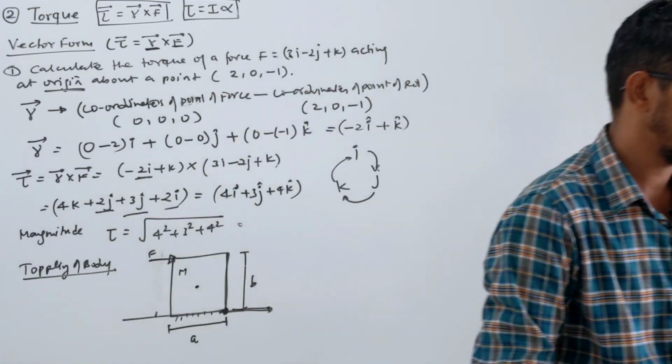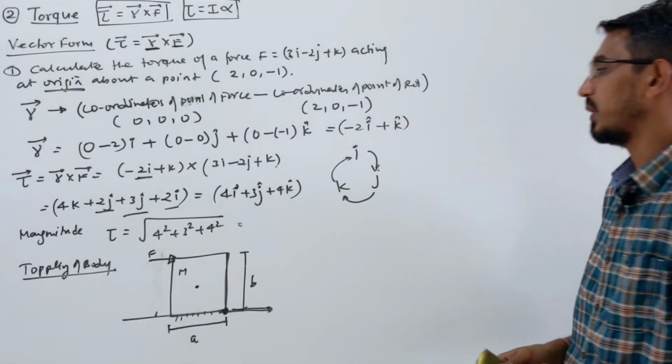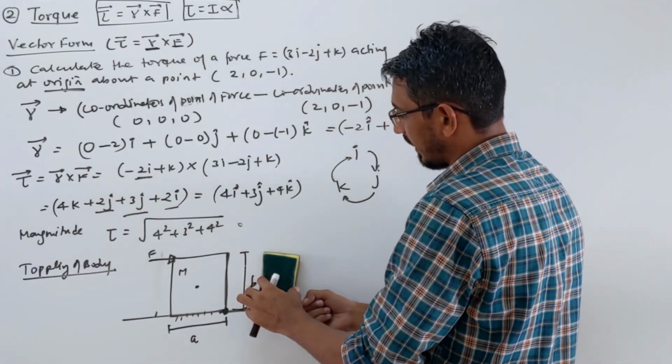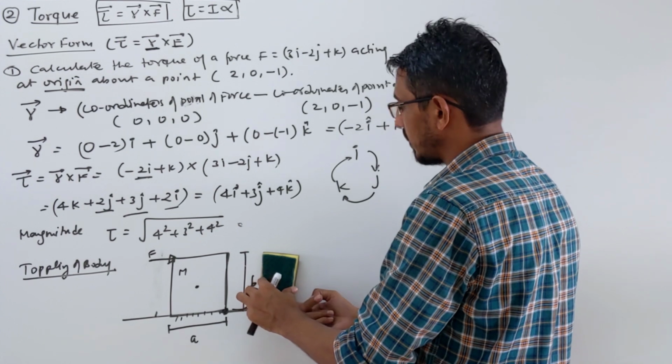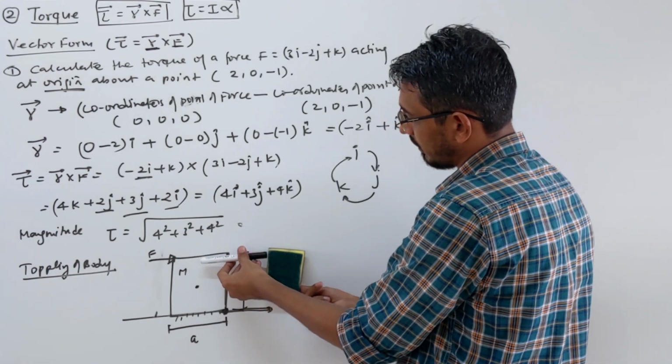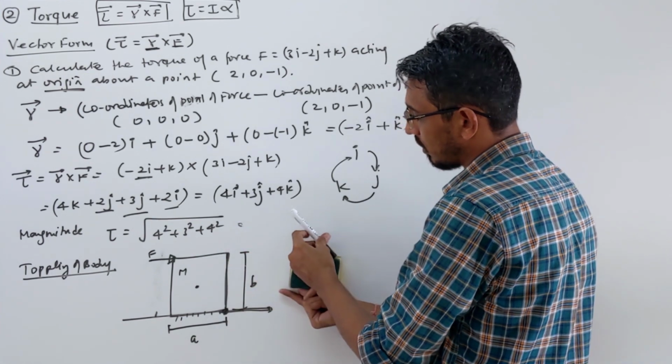Okay, I have this one. This is a good body. So look at this, this is a duster. This is placed on a board like that way, okay? You want to topple this, means you want to do it that way, okay? So what you are doing? You are applying a force at this point, okay? Like that. This is called toppling, right?